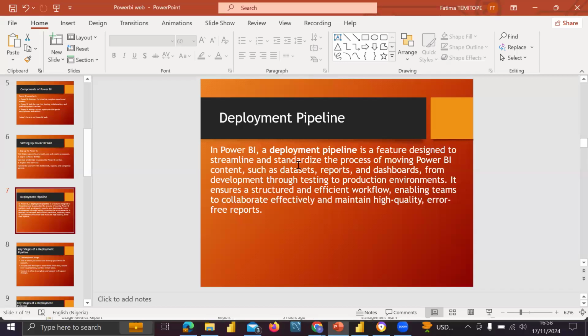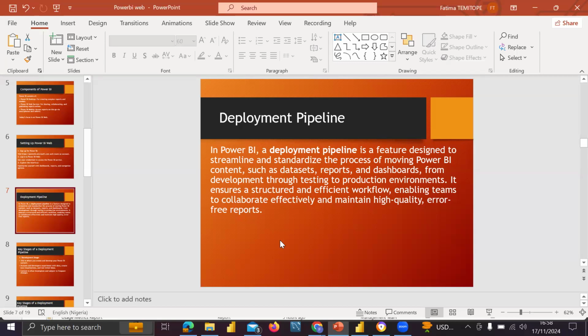It is designed to streamline and standardize the process of moving Power BI content, such as datasets, reports, and dashboards, from development through testing to production environments. It ensures a structured and efficient workflow, enabling teams to collaborate effectively and maintain high quality, error-free reports.